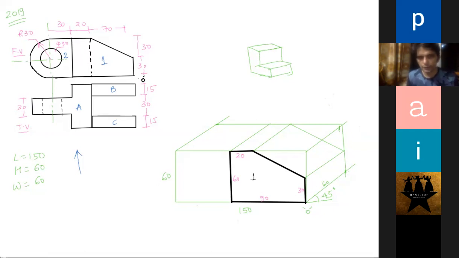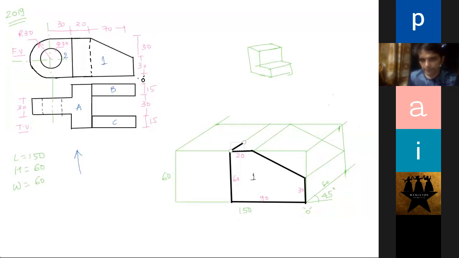Now we need to draw part 2. Now part 2 is how much behind? If you see, this is part 1, and this is part 2. So what is the distance between them? 15, right? If you see, 15 is the distance between them. So what I will do, I will go behind by 15. That is this part. But if I see, I can draw this part A. Now see, whenever you're drawing the second part, make sure that you draw a bit light, so you don't draw dark.